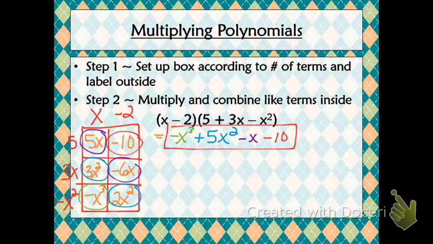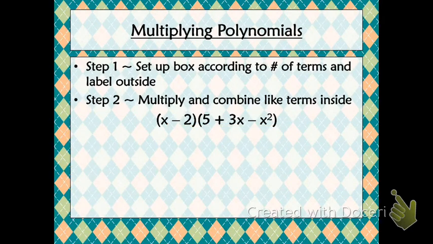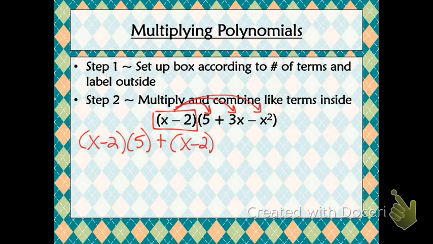And if you had done this one with distributing, you would get the same answer as well. So we'll also do this one distributing just to show you what that would look like. If I were going to distribute this one, I would take the first binomial and multiply it by all three of the terms of the trinomial. So I'm going to be doing the x minus 2 times the 5, and then the x minus 2 times the 3x, and then the x minus 2 times the negative x squared. And then I'll distribute